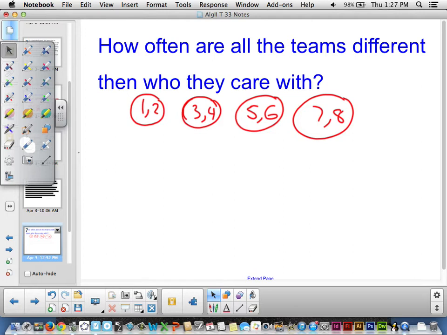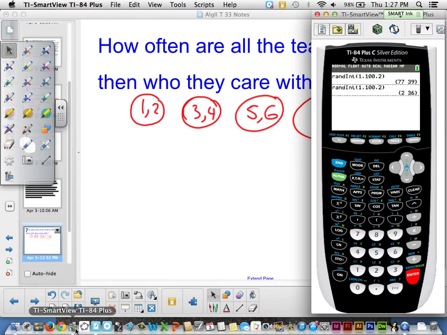So what I'm going to do, some calculators have it, some calculators don't. I happen to have one that does. We want a random number generator with no repeats. If you don't have one, you just keep going. If a repeat comes, you ignore it, kind of cross it off. We go 1 through 8. N is we want to take 8 numbers to see where they're pairing up. And what I'm looking for is to see how many people are paired with the person they came with. So my first trial,